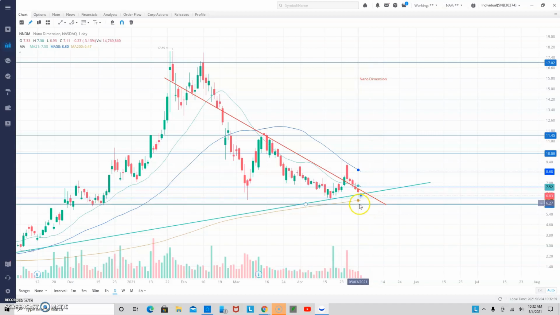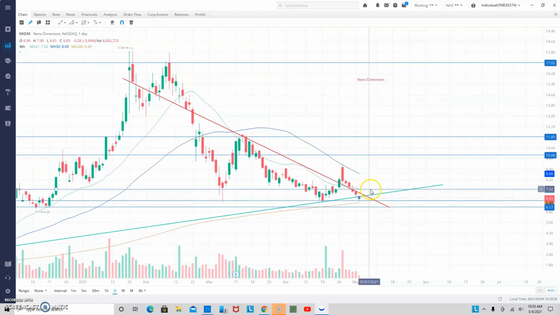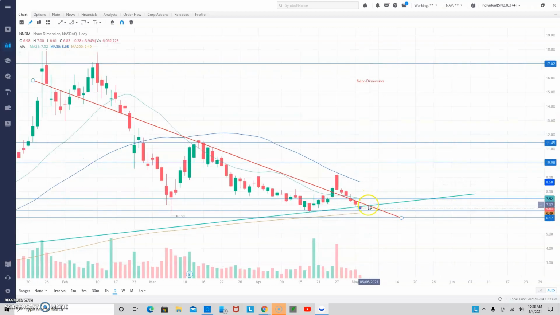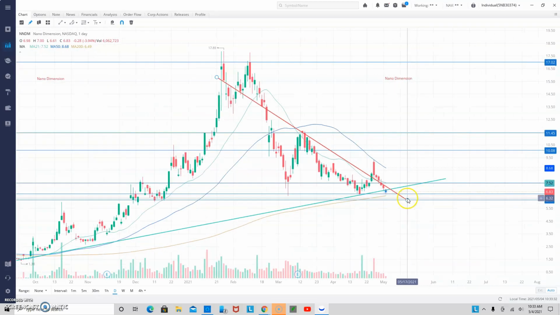line right here. And it looks like our 200-day moving average so far is holding up. If we drop below that, we're going to be in pretty big trouble here moving forward if this does not hold up. You could see today it already bounced off that 200-day moving average. It got really close to it, and it did recover off of it. So we're going to be watching that closely moving forward to see if that 200-day moving average will hold. If it doesn't, we're going to be looking at this thing moving down to $6.20, and possibly if it doesn't